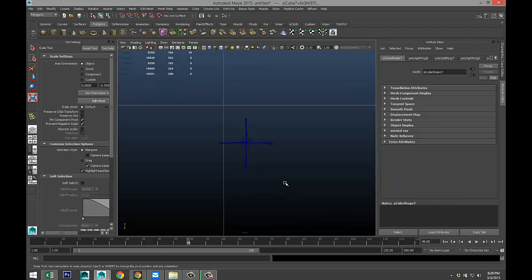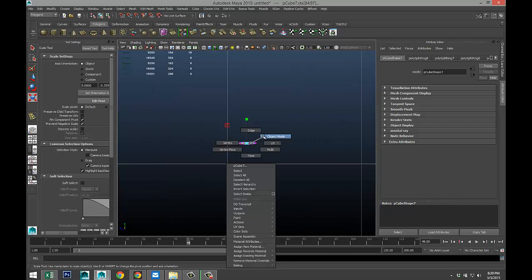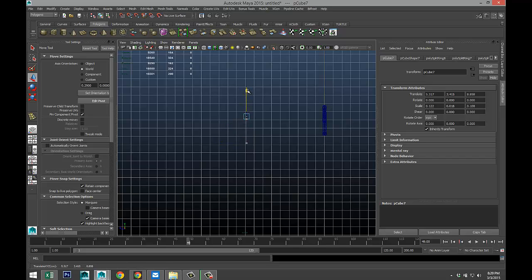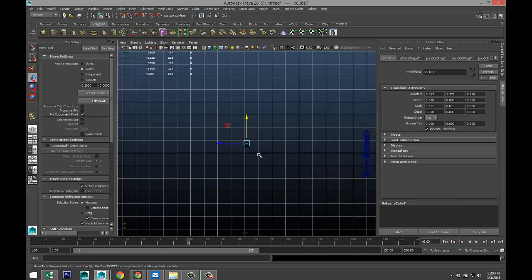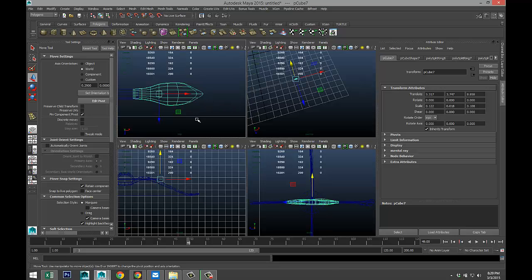Okay, let's check it from this view. Right click object mode, hit W, bring that up. It's up here somewhere. There we go. We're going to bring that right there. And let's check it from our perspective view.